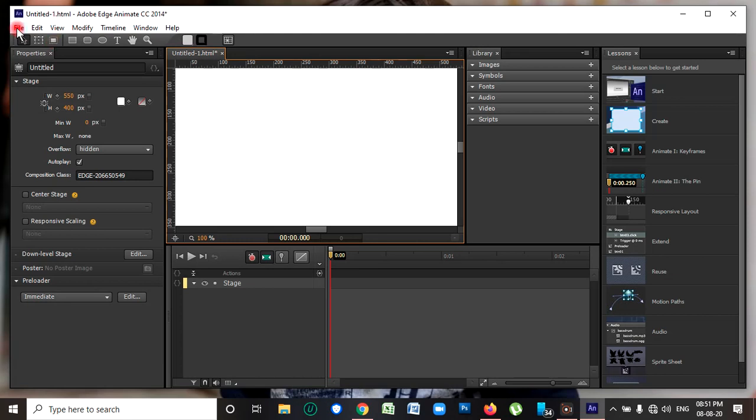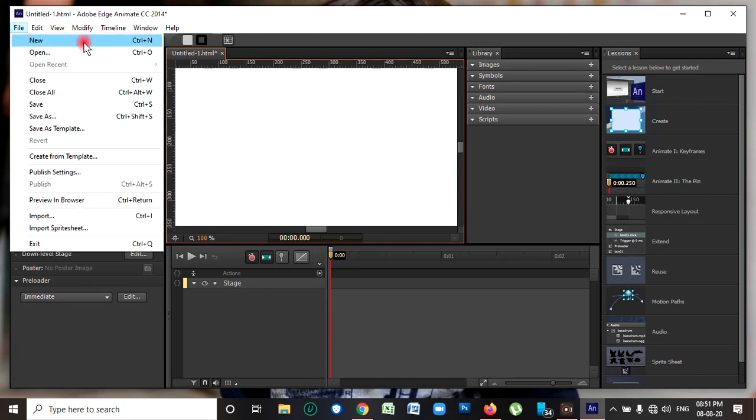In the File option we can see New File, Open, Close, Close All, Save, Save As, and Save As a Template. Importantly, we can import a template from other files and folders also, and Exit means we are going to close this completely.